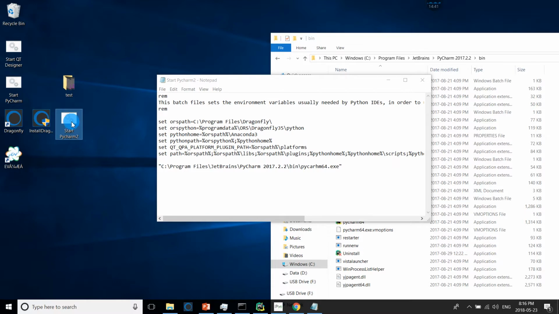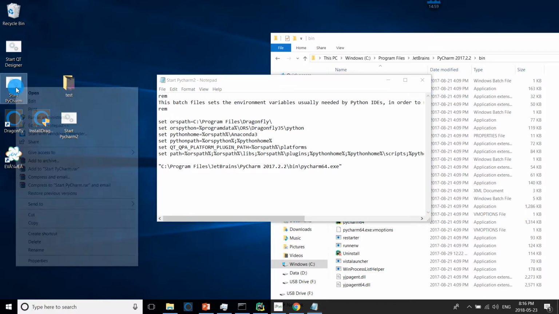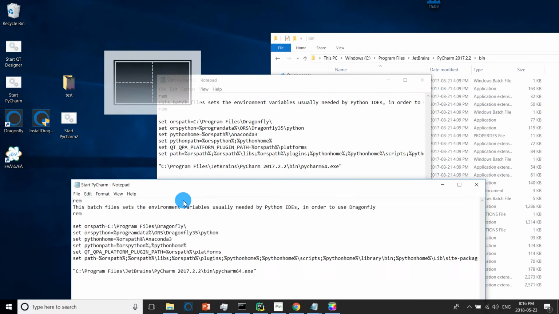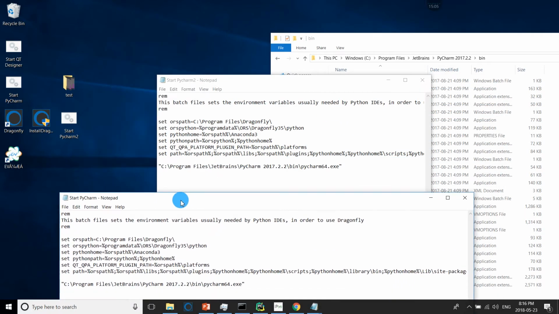But for Mac and Linux, there are similar steps to this. So then if you have PyCharm already opened, you need to close it first. And then once it's closed, you can reopen it with this special. Oh no, okay, there's a mistake. Oh, I misspelled PyCharm. PyCharm.